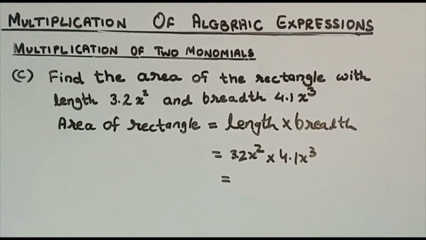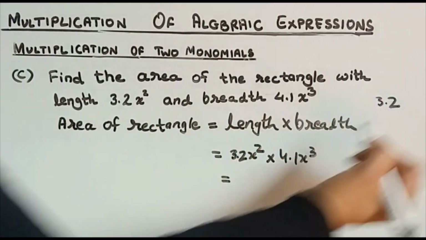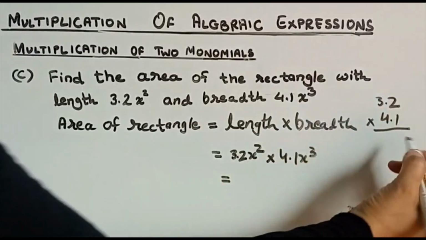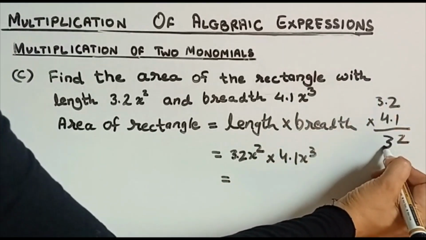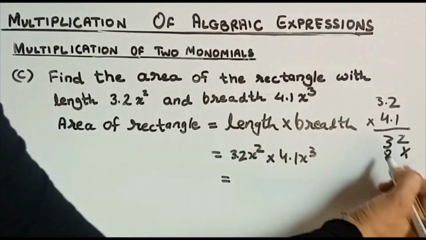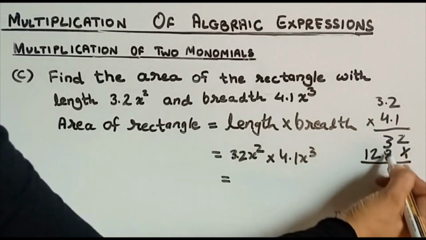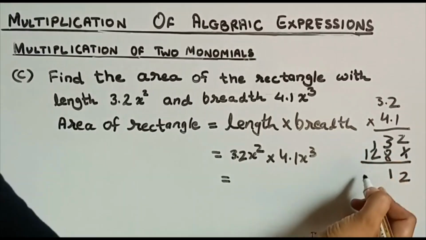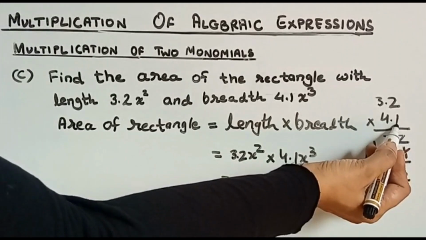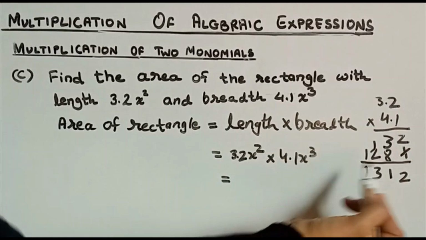Here we have to multiply two decimal terms. So how to multiply decimal terms? 3.2, 4.1. 1 twos are 2, 1 threes are 3. Now put a cross here. 4 twos are 8, 4 threes are 12. So this will become 2, 8 plus 3 is 11, 1. Here there is 1 digit after the decimal and here also 1 digit, so we'll put the decimal after 2 digits.